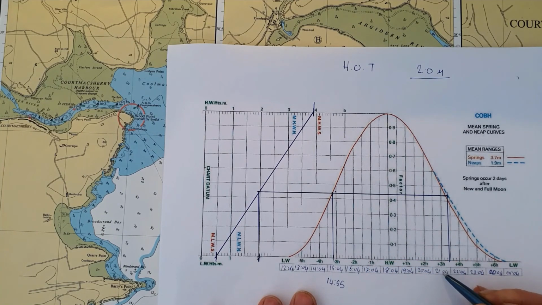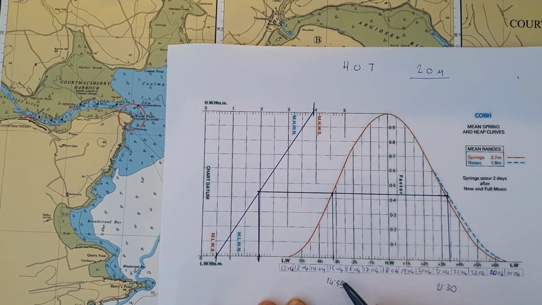And we've got 2104. We say 21, approximately 21:30. So this gives us the earliest that we could get into Courtmacsherry with our required height of tide is